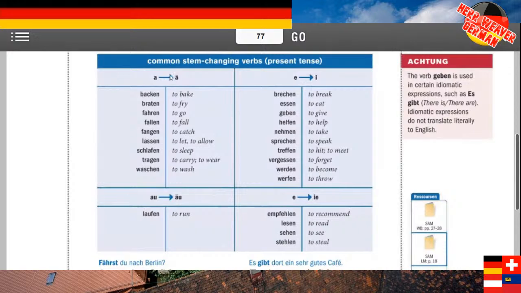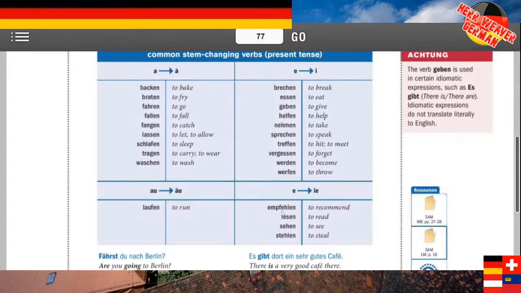So these are all ones that I'll just say both these right here. Laufen's the one we've had so far. There's other verbs that do this, but Laufen's the one we've had so far. So these verbs all take an umlaut on the A, both these columns here. E to I, E to IE. There are some verbs we haven't talked about yet, like empfehlen, to recommend. We'll have these in vocab later. We haven't had stehlen, I don't think, to steal. Brechen, to break. Helfen? We had helfen, I think. Nehmen, we just talked about. Sprechen. Treffen, maybe not so much. Essen, to eat. Vergessen, to forget. Werden, to become. Werfen, to throw. Those all go E to I.